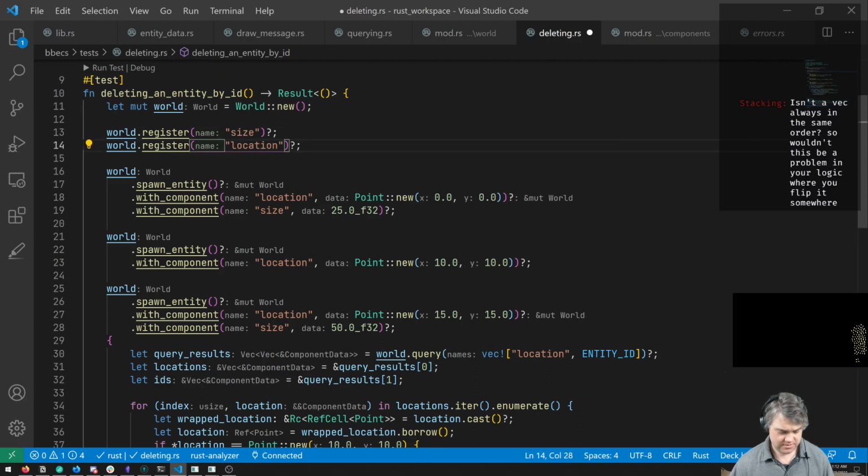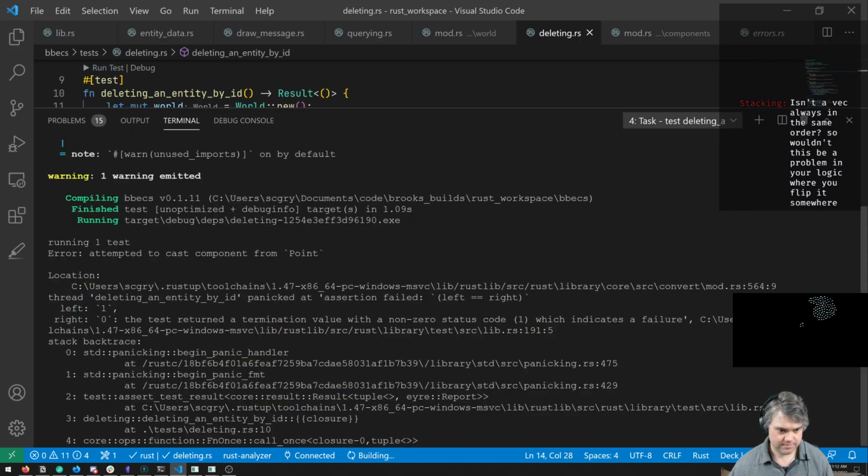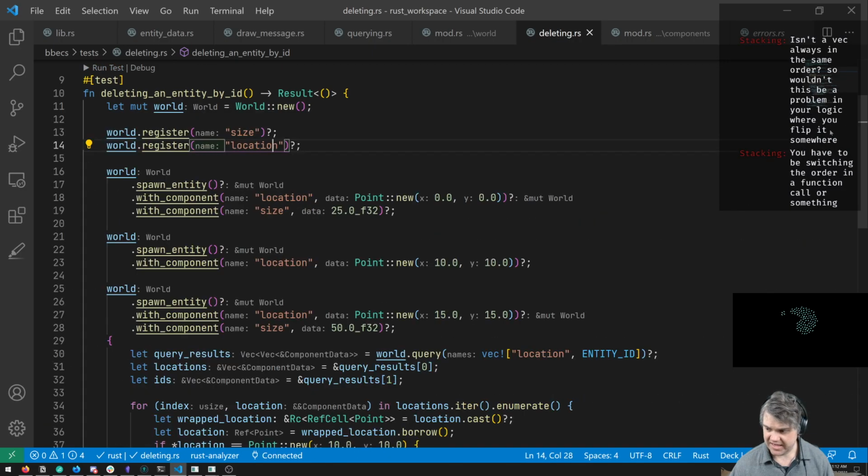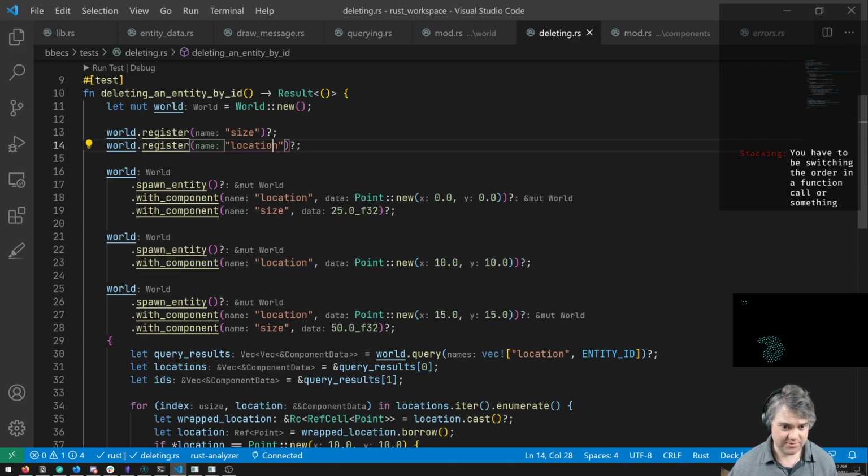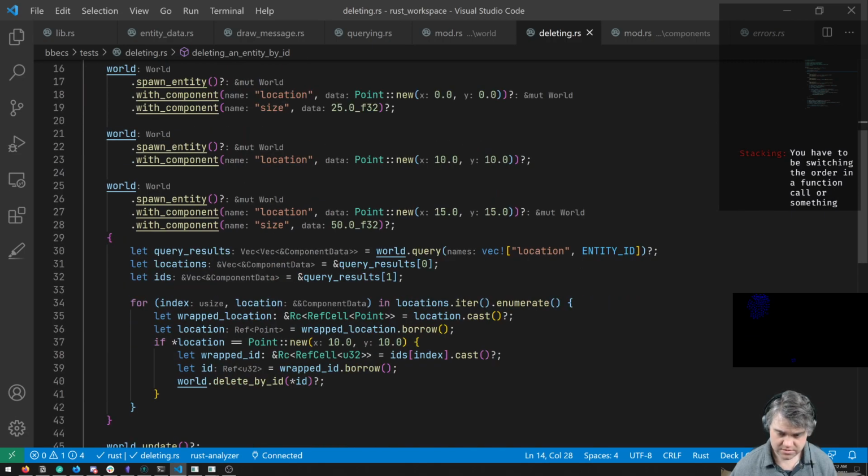It's not that. I have to be switching order somewhere. Yeah, I'm clearly switching order somewhere. Location size. So these are all the same orders here. Here's location and entity ID here.